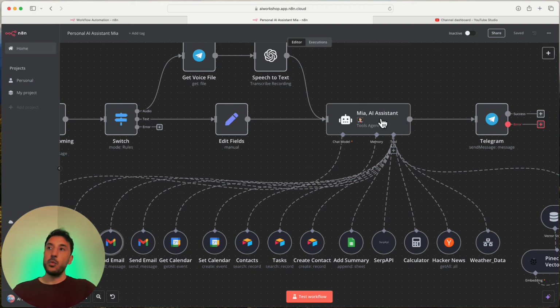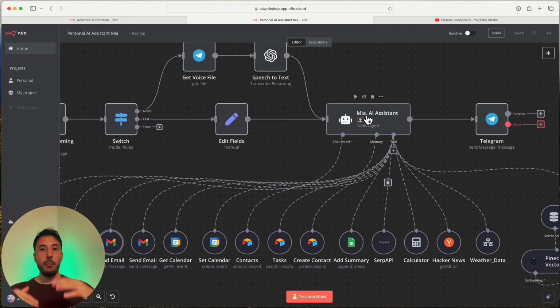And down the line, I'm pretty sure, I think I saw it somewhere, that N8N is working on adding additional AI agents as tools, so that you can have one parent tool that can call on other AI agents that are attached to it as separate tools, which could be used for separate independent workflows within that agent.